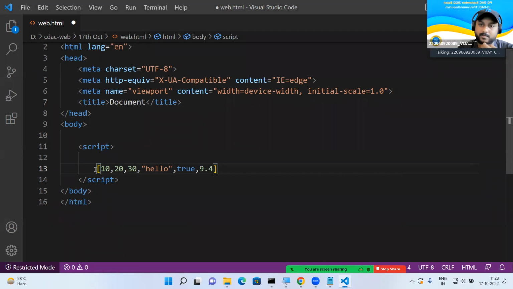Number, heterogeneous. String, string, and boolean. Yes, float. These elements are heterogeneous, but what about the type of 10, 20, and 30? Number. Number. Number and string. True is Boolean. What about 9.4? Number. So it is also considered as number. So this is the syntax of